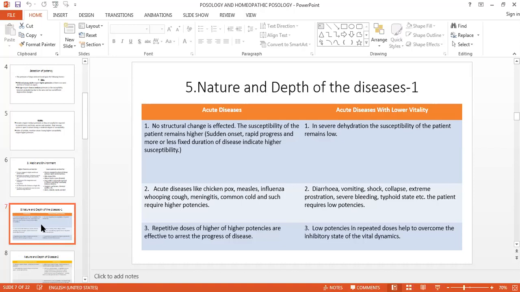So for that, if you want to refer to Kent's repertory, then you just have to move your cursor to the Kent repertory on your laptop or desktop, and write down your symptom. It will directly convert into the rubric, and the medicines will come to you. If you have any concomitant, then at the same time, you move your cursor to the Boenninghausen repertory, write down the concomitant, and you will get the remedies.